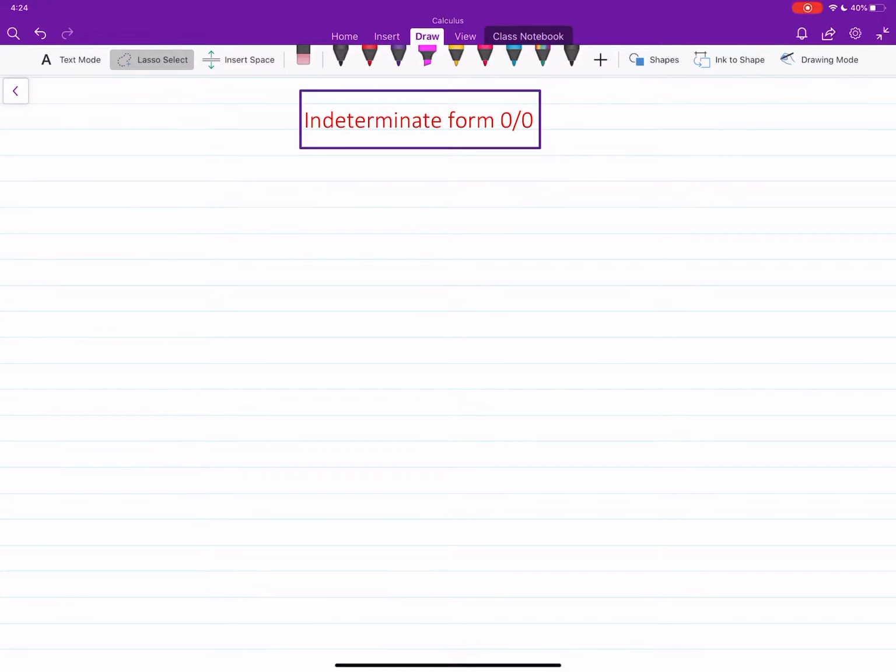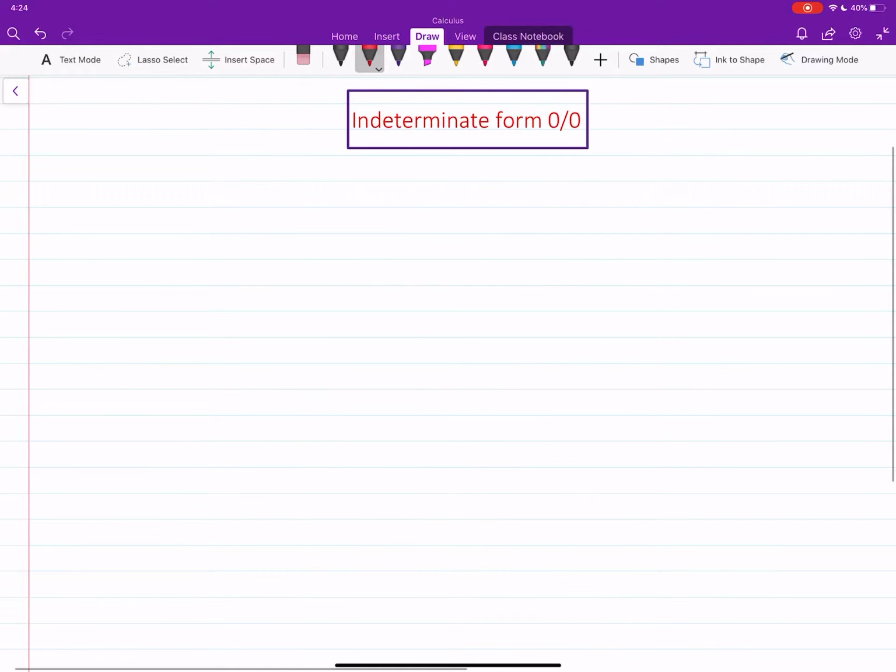Hi, in this video we will learn about the basics of indeterminate form 0 over 0. Where does this indeterminate form come in? Let's go back to the quotient law. What does the quotient law say? It says that if you're trying to find the limit of a quotient,